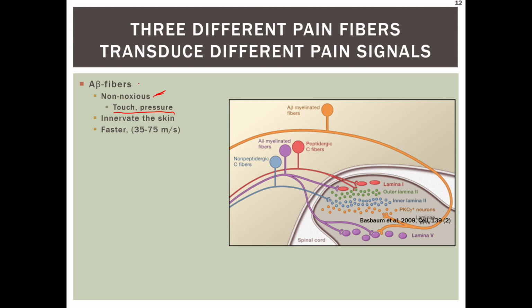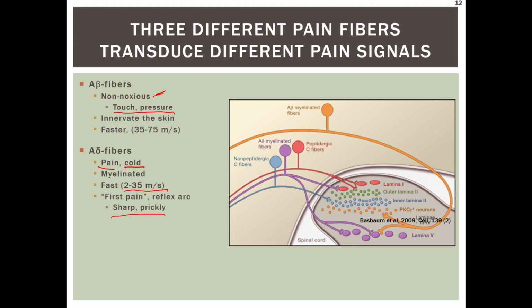They are not really involved with conduction of pain. The next fiber are the A-delta fibers. These fibers are involved with conduction of pain as well as the sensation of cold. They also are myelinated, but their myelin sheath is not as thick as the A-beta fibers. They are also fast, but a little bit slower than the A-beta fibers. And they are responsible really for that first pain, when you feel something sharp or prickly, sending that initial pain